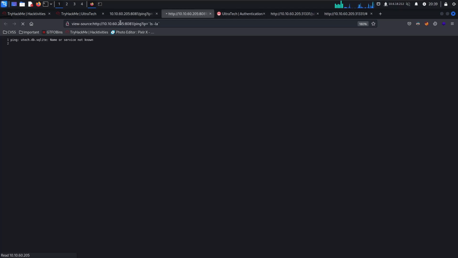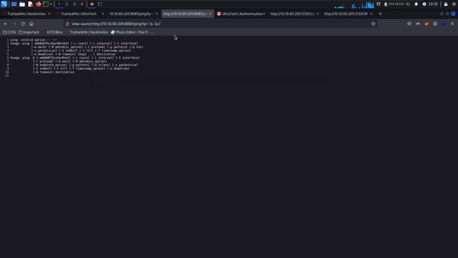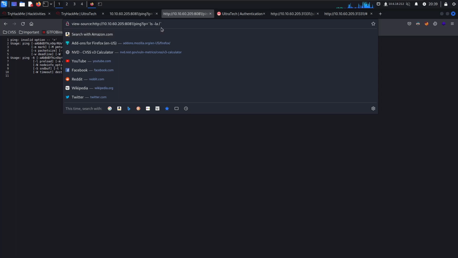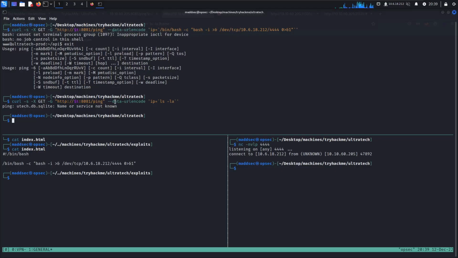Nope, looks the same. What about this, like on the root? Nope. Home? Yeah, I don't know. It's super ugly. But anyways, we do have one file here,